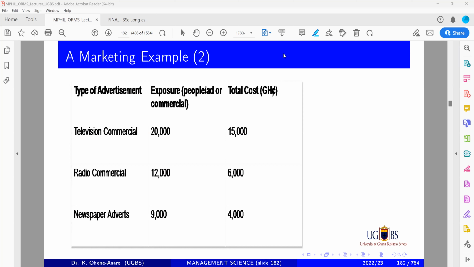Very good. So how do you write the objective function? Are we maximizing or minimizing, by the way? We are maximizing. Okay, good. What are we maximizing? We are maximizing exposure. Good. In other words, we want as many people as possible to see the commercial. So how will you write it? So your Z will be max. So Z max is equal to